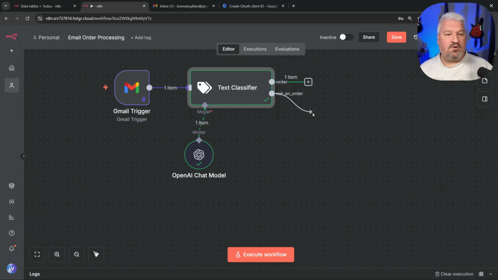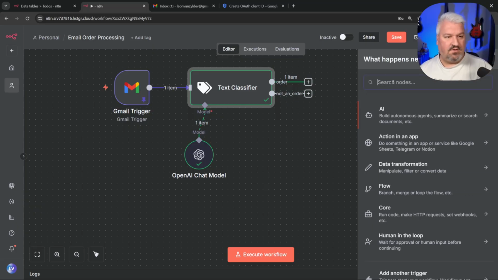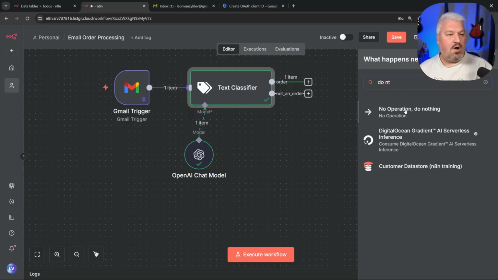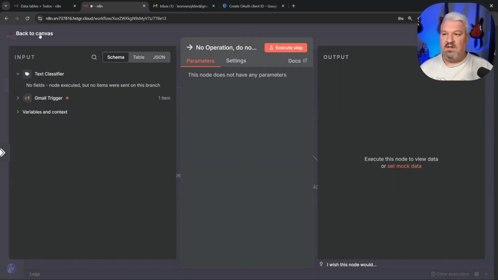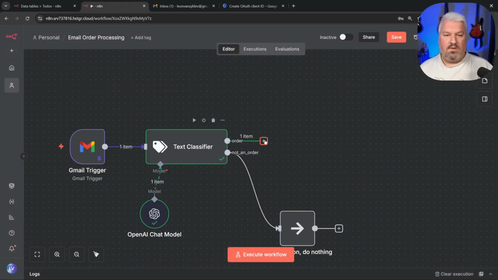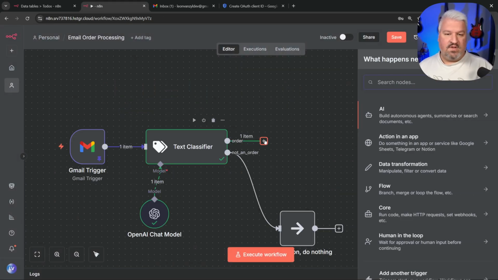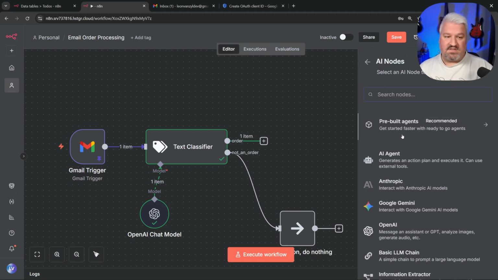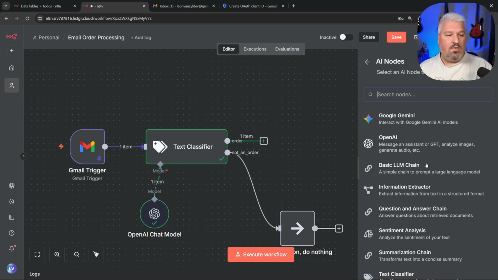So if it's not related to an order, we'll simply do this. We'll add this no operation, do nothing node. This simply terminates the workflow. Or if it is related to an order, we want to use an LLM to extract all the relevant information, like the name, the email address, the item, and quantity. There are a few ways in which we can do this. We can either use an agent, or we can simply use an